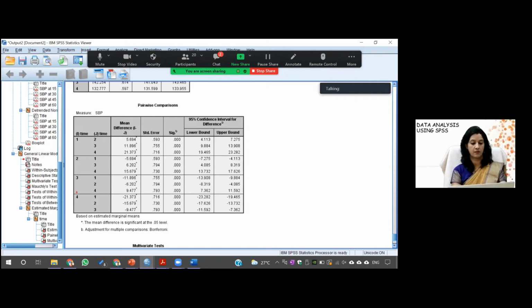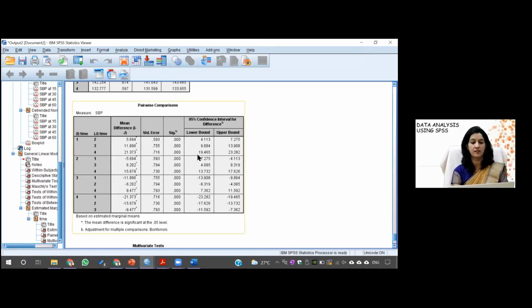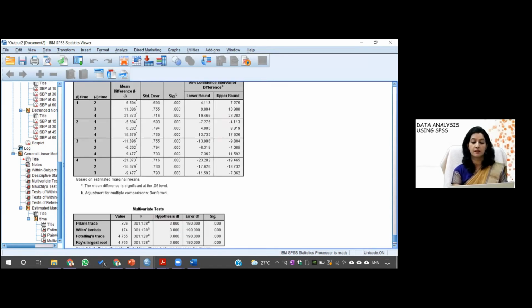So I'll take all these values 4-1, 4-2, 4-3. Then I will take the upper two values of the second last row, and then for 2-1, I will go one row above and take this value. So remember, start from the lowest and then keep decreasing one row, just to make it clearer. Otherwise, you can also do it like 1-2, 1-3 and 1-4. That way you can enter the result.